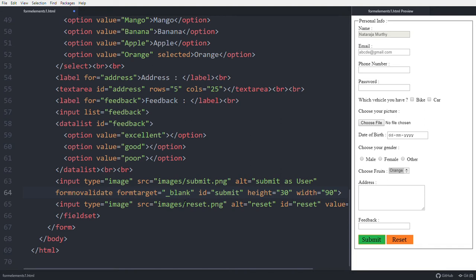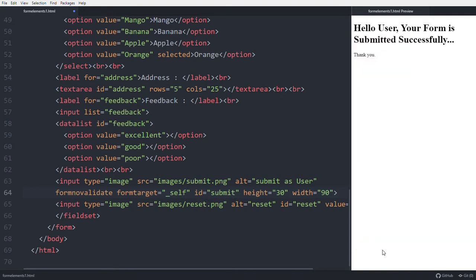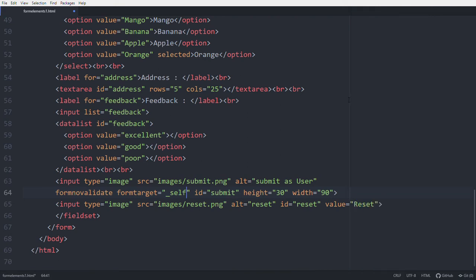But if you try it in the browser, that is possible, opening a new tab. Okay, then make it self. Then click submit. See this, it opens in this preview only, in the same tab. This is the use of form target.